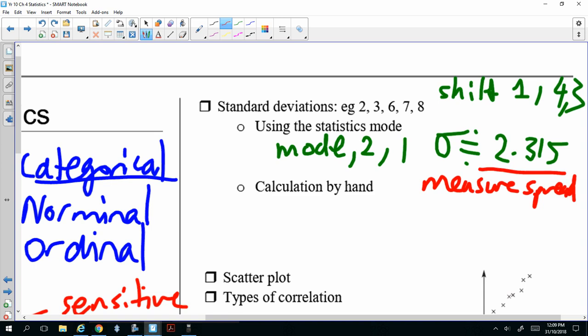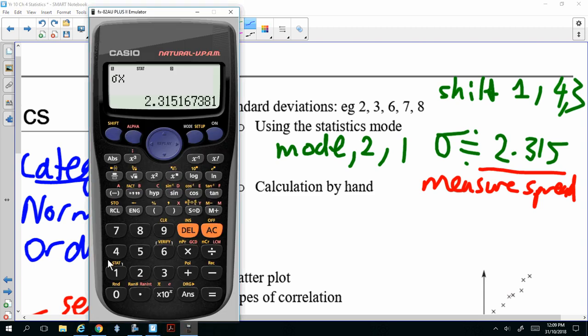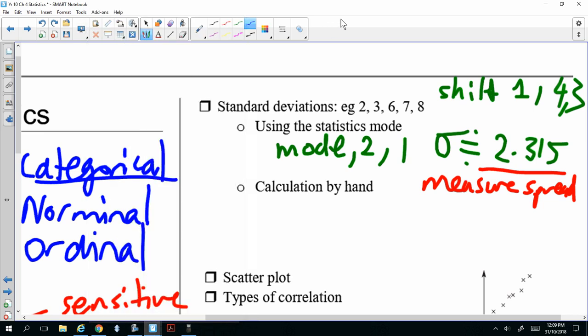Okay, you can also calculate the mode. To calculate the mode, you go Shift 1, 4 again, but the mean is 5.2. So if you want to do it by hand, the formula for standard deviation is the square root of, you